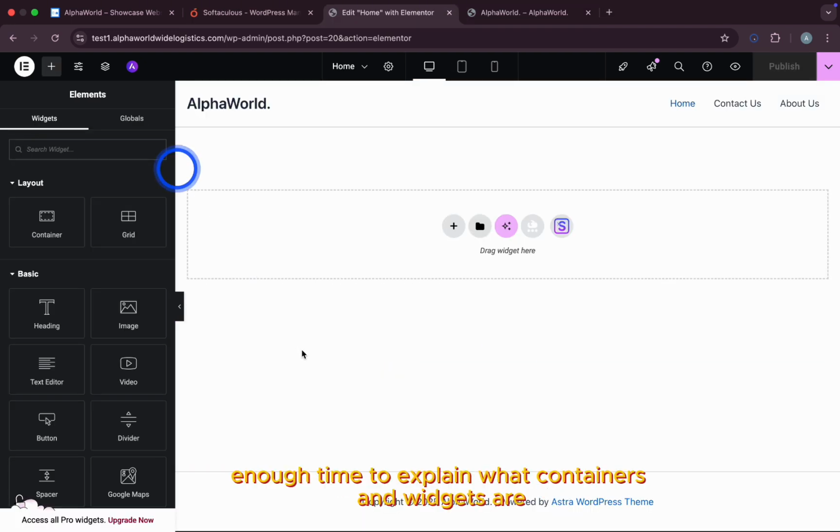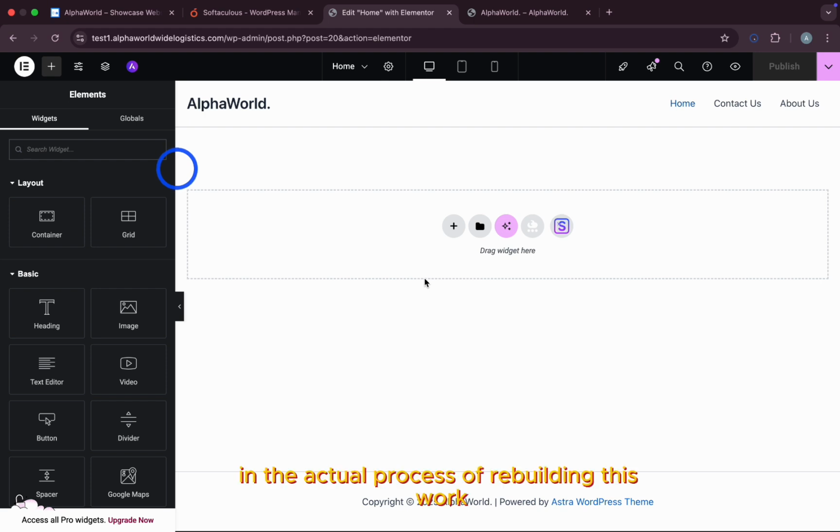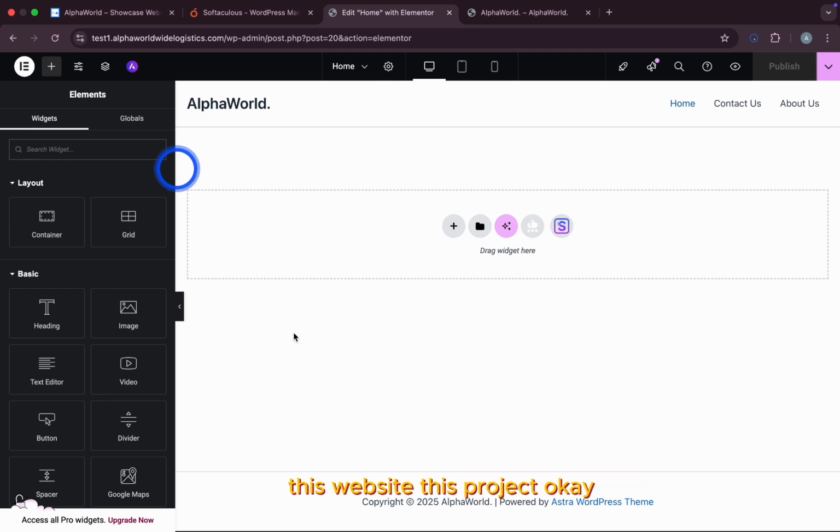Okay, since I've taken enough time to explain what containers and widgets are, I'll be a little bit fast when explaining in the actual process of rebuilding this work, this website, this project. Okay,